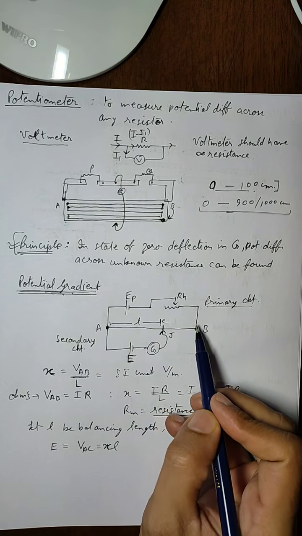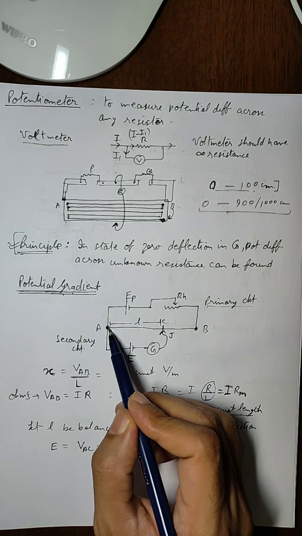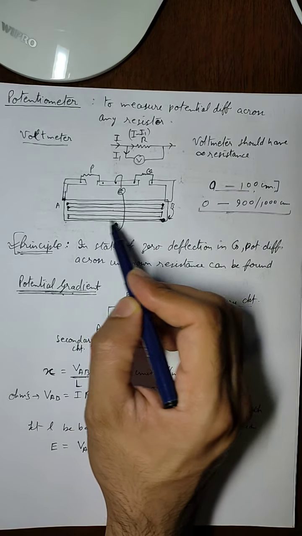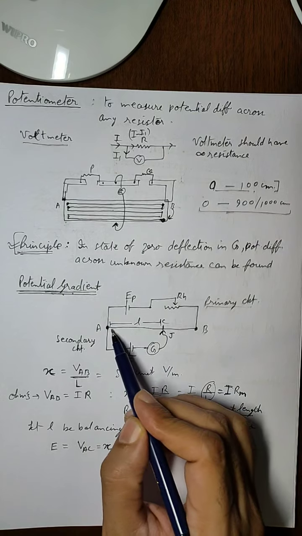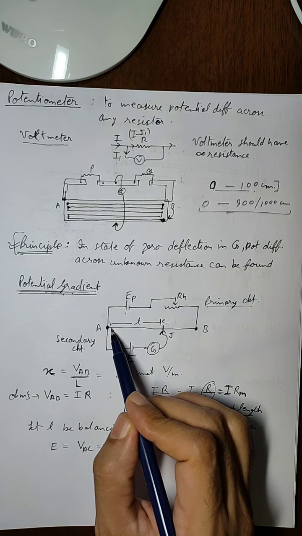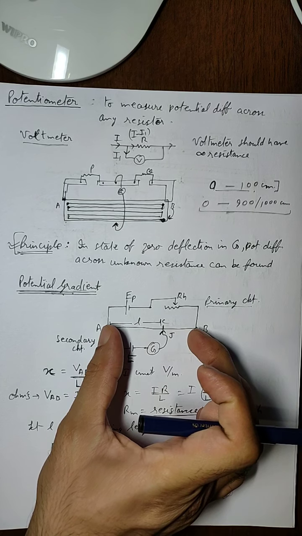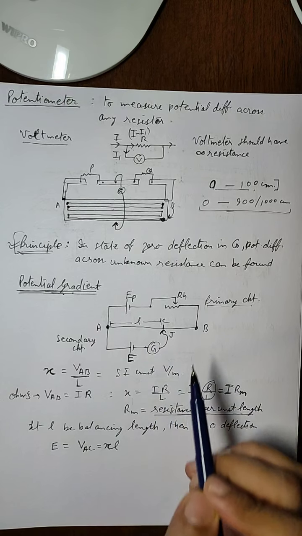Now this is a basic circuit diagram of potentiometer. Here I have removed this entire thing, and I am representing all this length of 900 centimeter between A and B with a single wire. So you can assume that there are a lot of wires. There is an entire potentiometer device between points A and B. I am representing all of these wires by one wire.